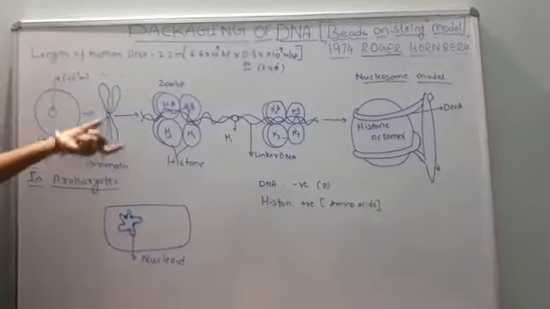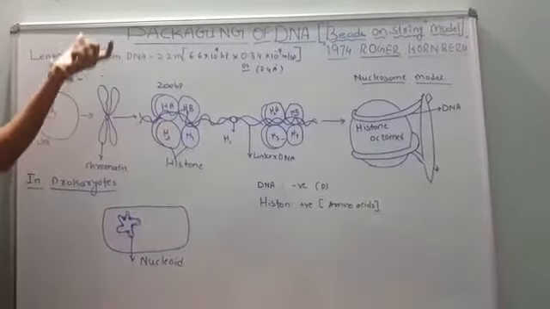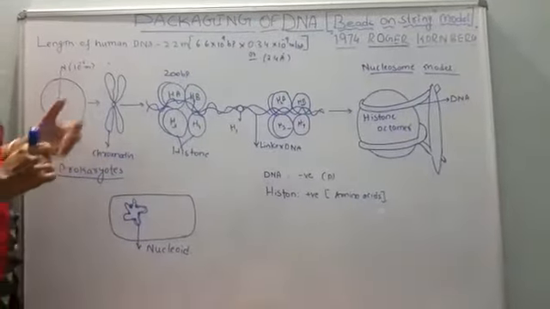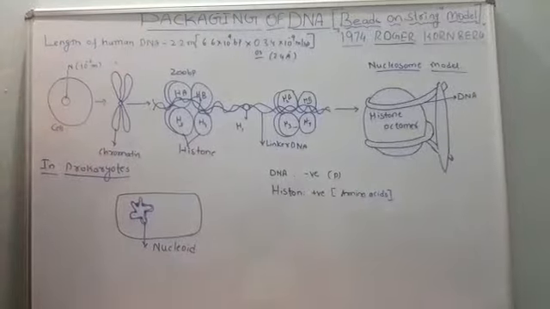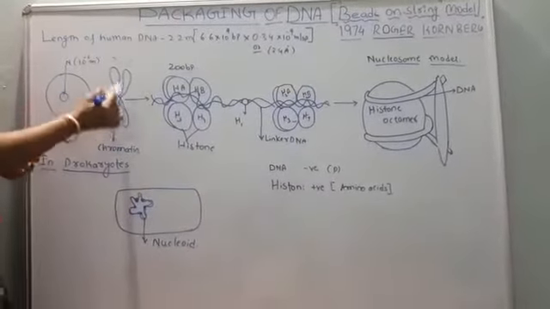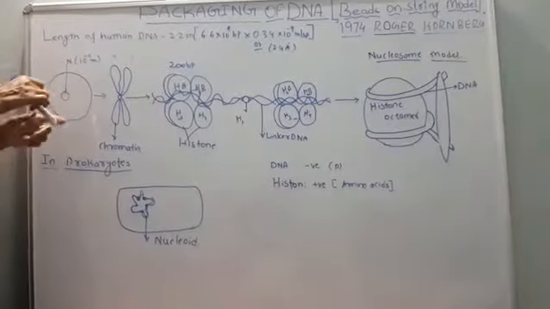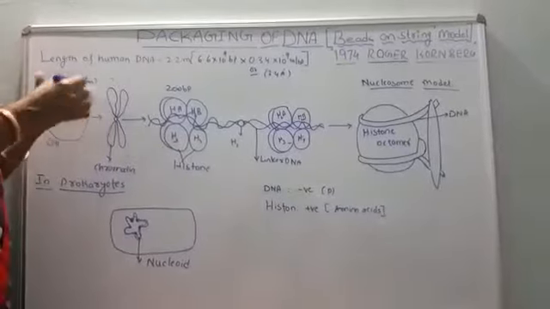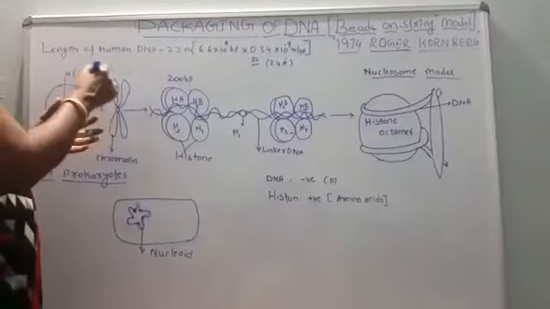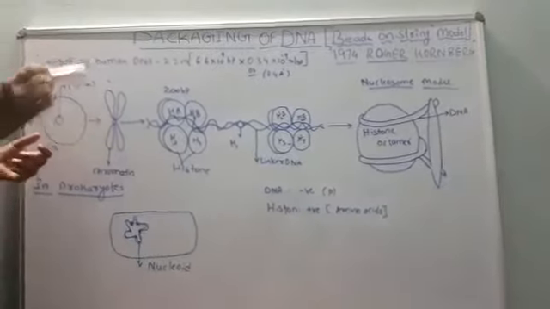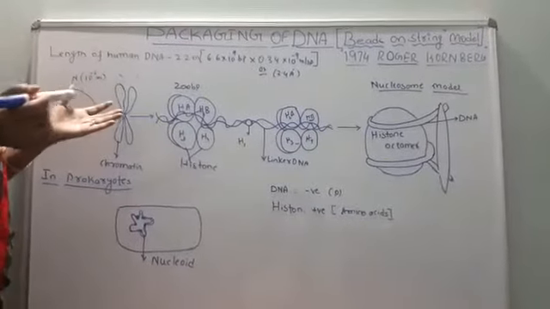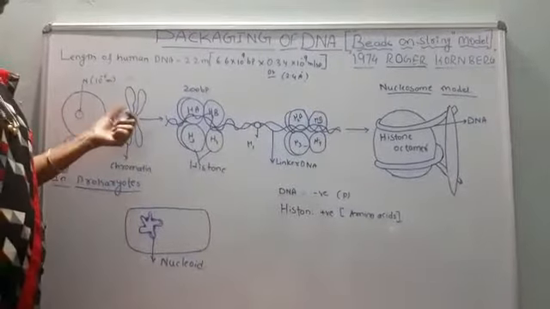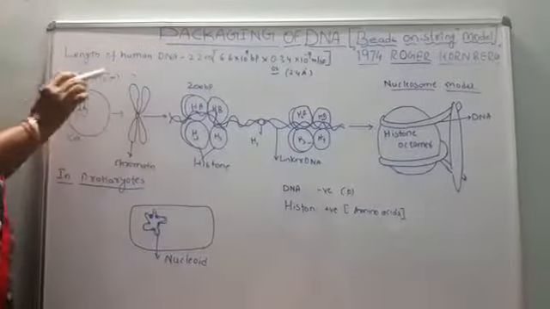But in eukaryotes, the structure or the packaging of DNA is very complex, very complicated. So let us understand the packaging of the DNA in eukaryotes. This is the cell within which the nucleus is situated, whose measurement is 10 to the power of minus 6 meter. Within that, we see colored bodies, chromosomes, found within the nucleus. In the cell division chapter, we have seen the different stages of the chromosomes. The well-defined chromosomes are observed during the metaphase stage, when they are very clearly visible.